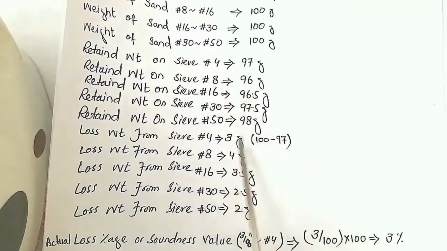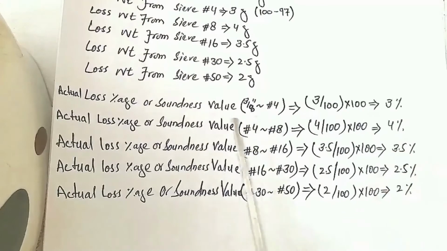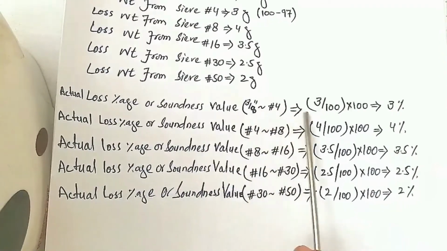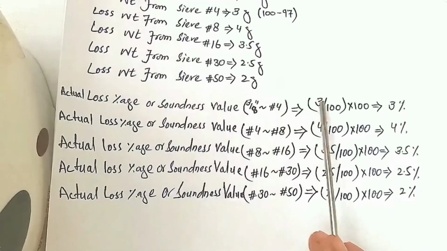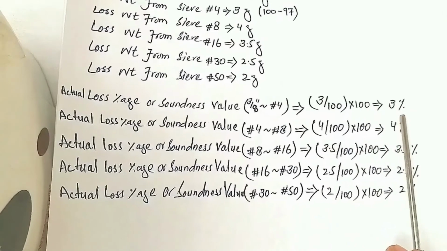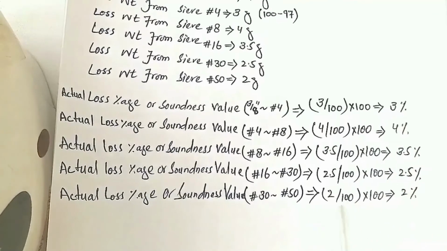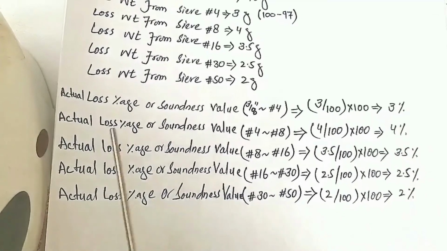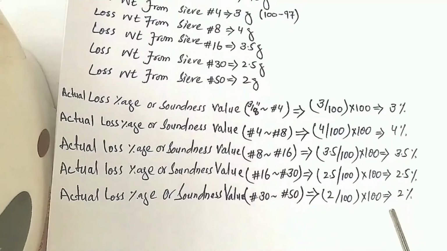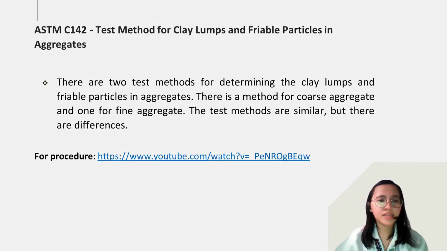इसी तरह हमने तमाम लॉस वेट निकाल लिए, मतलब टोटल वेट से हमने ये रिटेन वेट माइनस किया तो ये लॉस वेट आ गए। उसके बाद हमने जब एक्चुअल लॉस की परसेंटेज या साउंडनेस वैल्यू निकाली, तो जितना लॉस वेट आ रहा था वो डिवाइडेड बाय टोटल वेट ऑफ फ्रैक्शन और मल्टीप्लाई बाय 100 किया तो हमारे पास हर एक सीव का लॉस परसेंटेज आ गई। तो ये हमारे पास एक्चुअल लॉस परसेंटेज या साउंडनेस वैल्यू है हर एक साइज की। तो ये बिल्कुल ही सिंपल सी कैलकुलेशन थी।